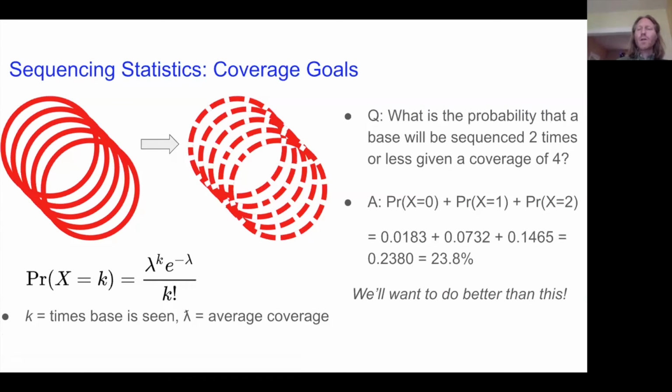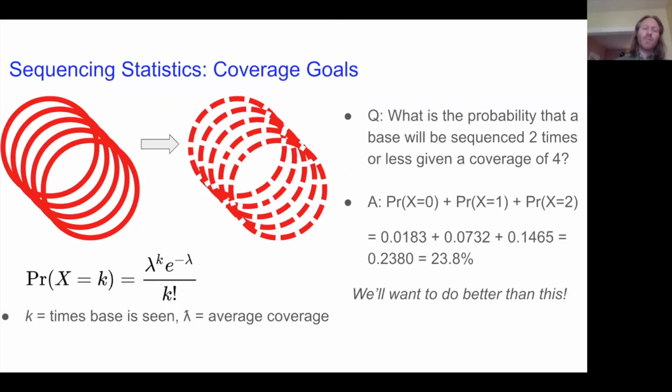And sometimes we're looking for a minimum coverage or some kind of coverage goal. So if we wanted to say, for example, what is the probability that a base will be sequenced 2 times or less, given a coverage of 4, we could just add up the probability at x equals 0, x equals 1, and x equals 2, and find out that there's about a 24% chance that any given base would be sequenced less than 3 times. So we will want to do better than this